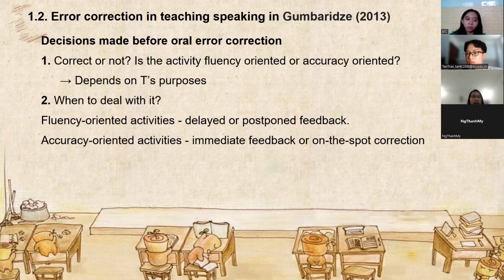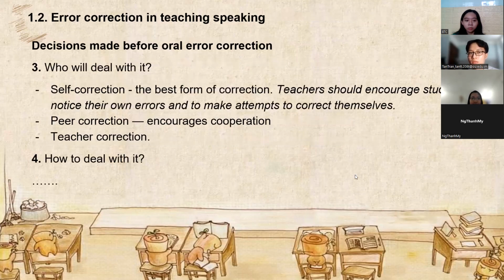Okay. So this one, the answer for 1 is correct or not. Number 2, when to deal with this. And now we move to the next one, part 3. So the question is, who will deal with this? Sometimes when correcting mistakes, we just think of the role of a teacher, right? But no, to deal with it, we will think of three